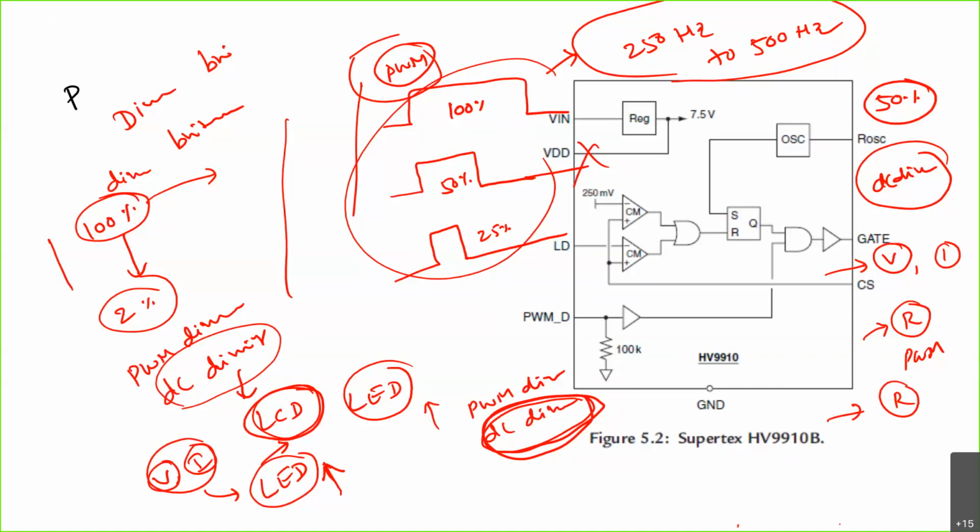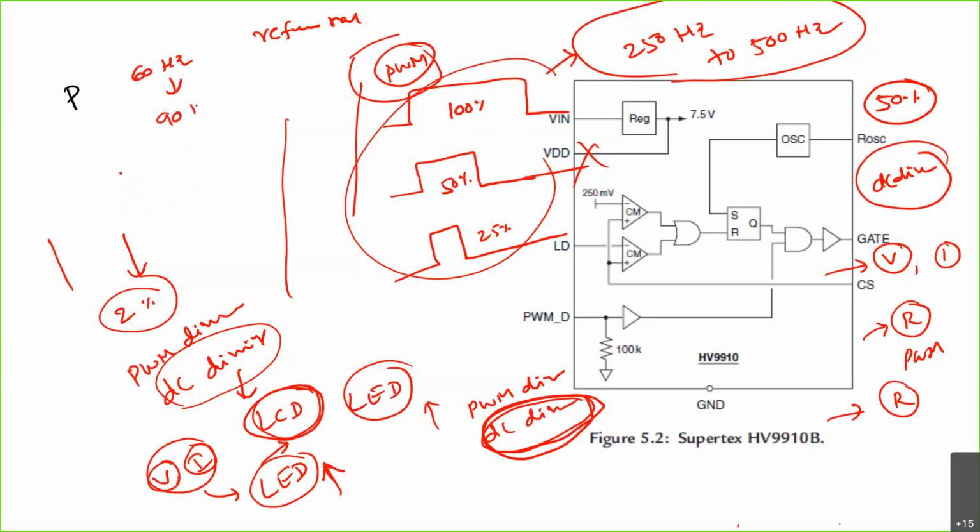To address all these problems when you're operating at low voltage, low brightness, what they are using now is this. You're aware of refresh rates, right? Nowadays screens are coming with different refresh rates. Earlier they had 60 Hz refresh rates. After that we have 90 Hz refresh rates, and 120 Hz refresh rates.